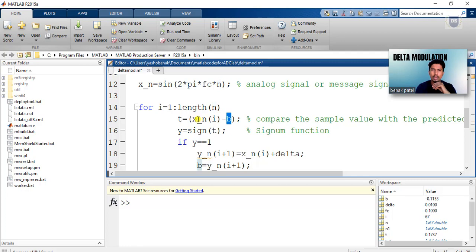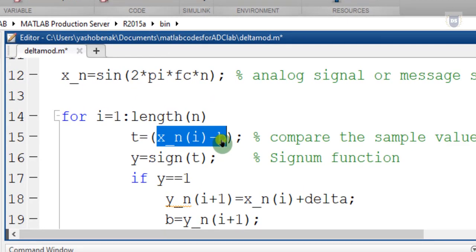You can see that we are trying to subtract our predicted output from the sampled input, and depending upon the sign of this subtraction, which is assigned to t, we will decide whether to go for positive delta or negative delta, and depending upon that the encoder will transmit symbol 1 or symbol 0.